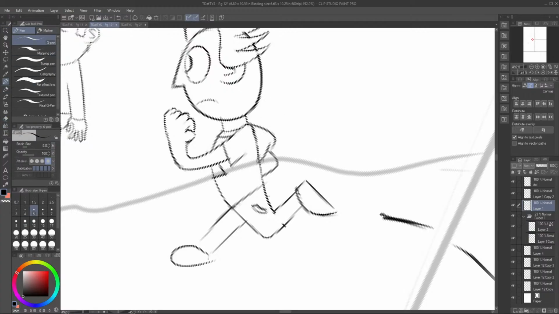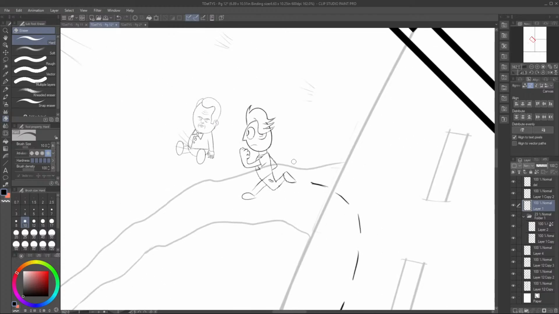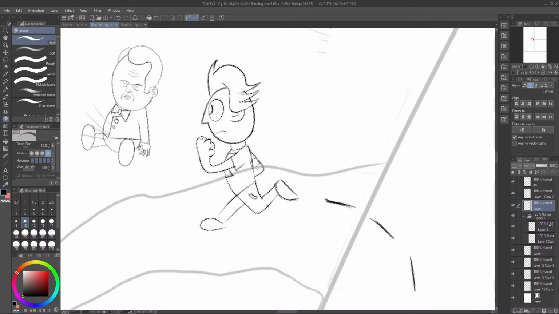If this does get printed, I kind of wonder how much detail you're actually going to be able to see on the page. Like how much of this. For really small stuff like this, I kind of wonder what it would look like. But